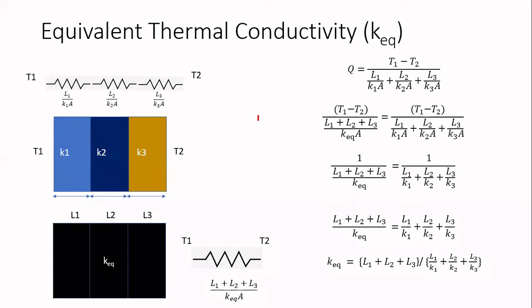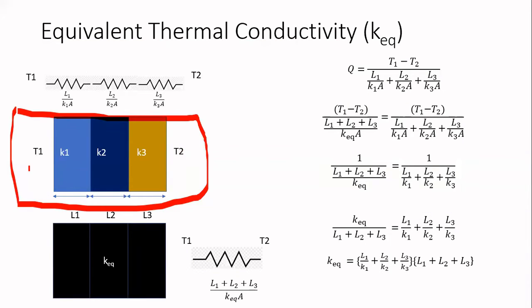Okay, next topic is also very similar. The next topic is equivalent thermal conductivity. In the previous case, we considered that instead of those materials, we had a gas. In this case, we are going to assume that instead of all the materials, we have some solid material which has a uniform thermal conductivity throughout the length. We have three different materials. In the previous case, we had some gases over here. In this case, we don't have any gas.